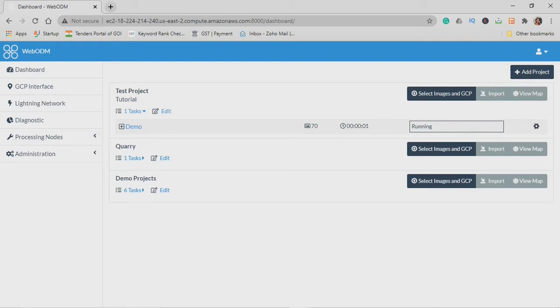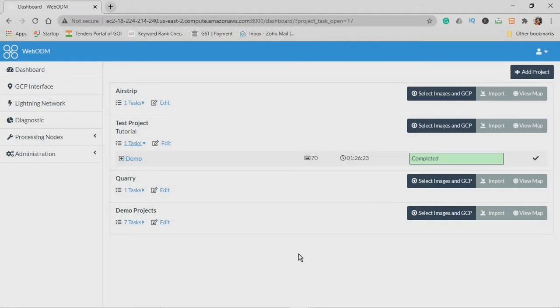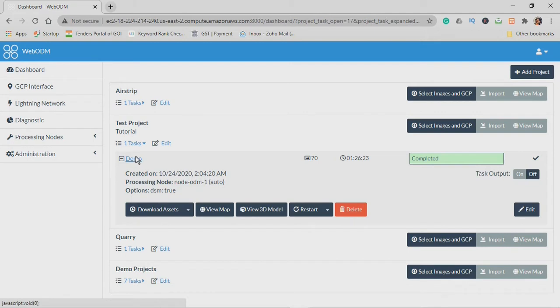And now it has started the processing. Right, now we can see our project is completed. The whole processing took around 1 hour and 26 minutes to process the 70 images. Let's check the details. It has 4 options over here.